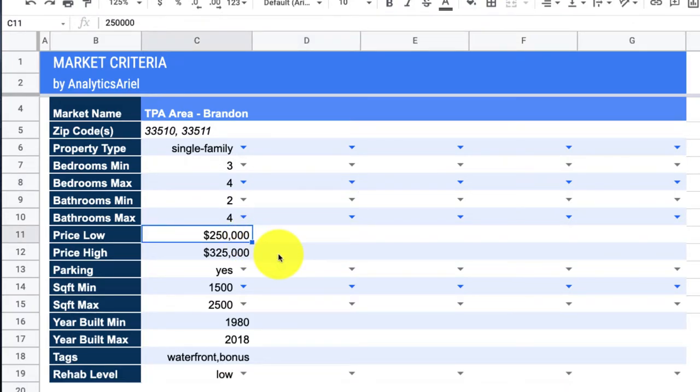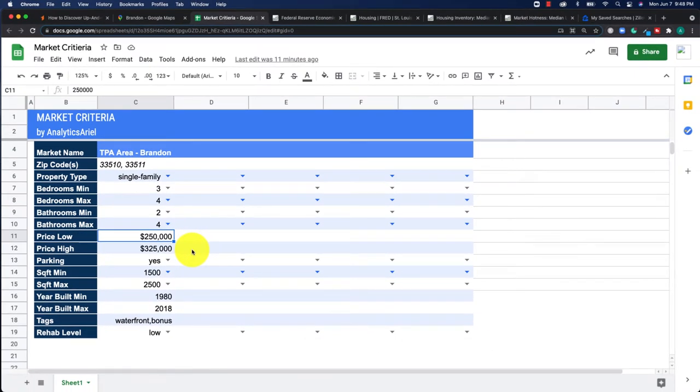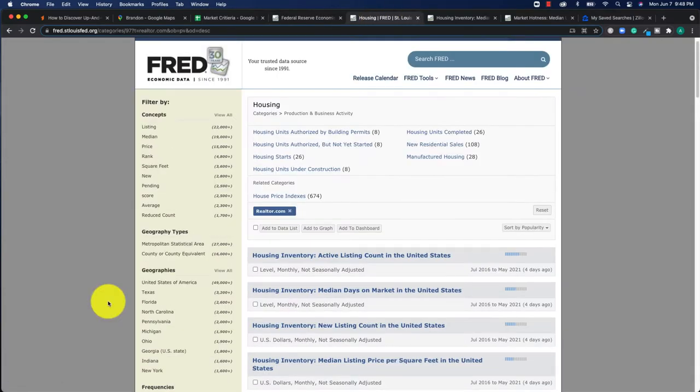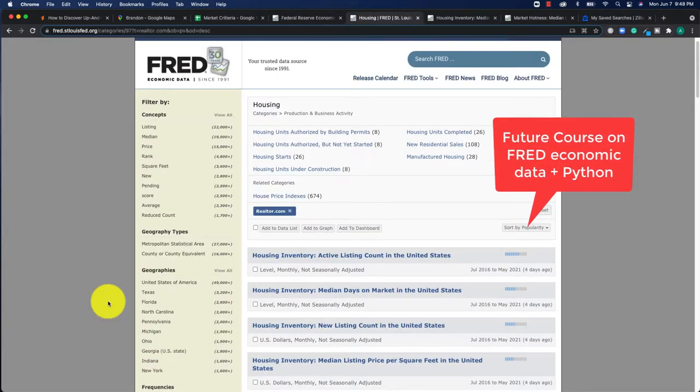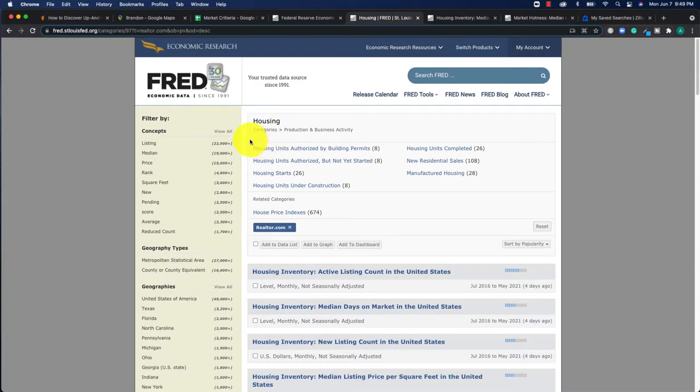Now let's go over to price. How do we actually decide what our price should look like? Well, it also correlates to how much work we're willing to do. So in my case, I'm not looking to do too much work, just some light cosmetic things, maybe looking at painting, replacing carpets, things like that. So a really great resource to use is FRED Economic Data. It pulls data from many different resources that are the US government as well, such as Census, and it also pulls from Realtor data. I plan to have a future video or course on using FRED data with Python, so do look out for that. Right now we're focused on housing, and we could see there's different stats of housing that we could dive into.